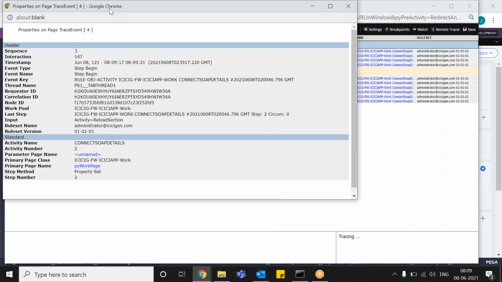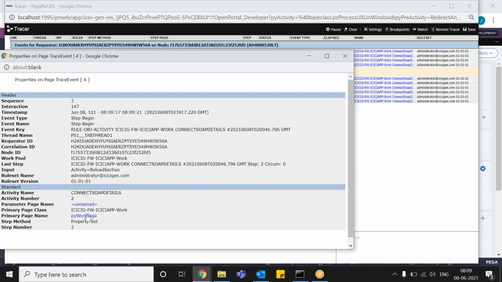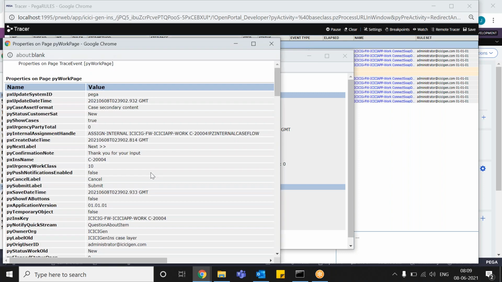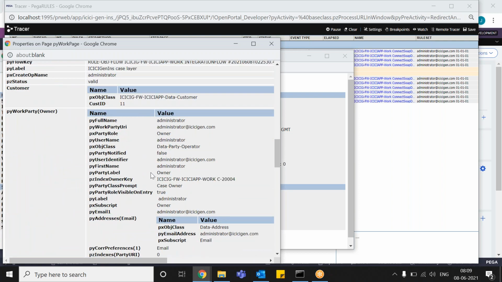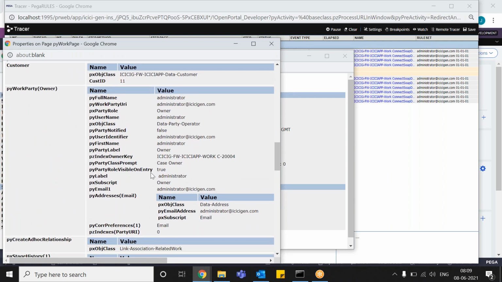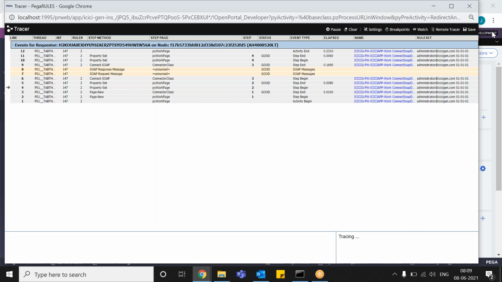You can select PY work page over there now. Customer data, cust ID is there. Okay. Now SOAP response message, you see.